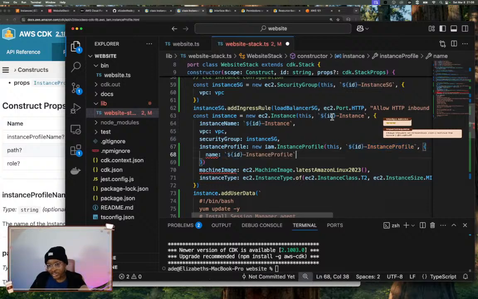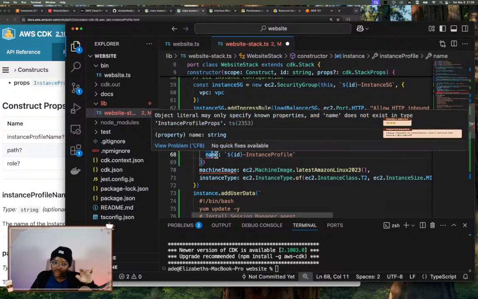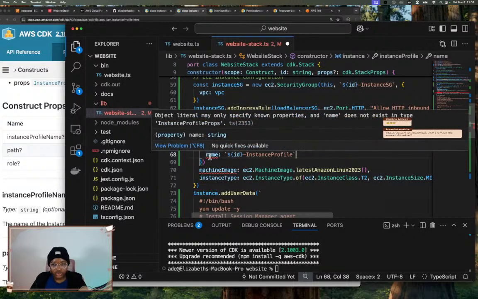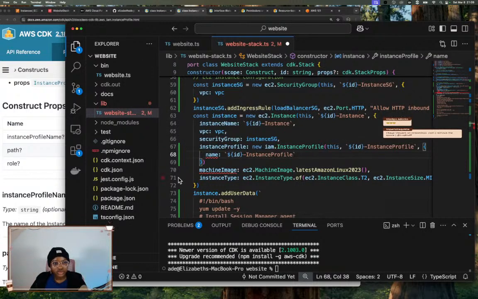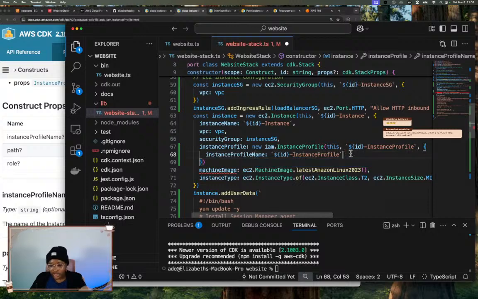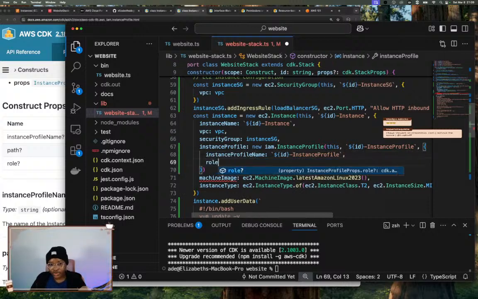So this one here is the ID like in the stack deployment, and this one is going to be on the instance profile like in the list for our stuff. So instance profile name. And the role we wanted to use, we have to create our role because we want to use our own